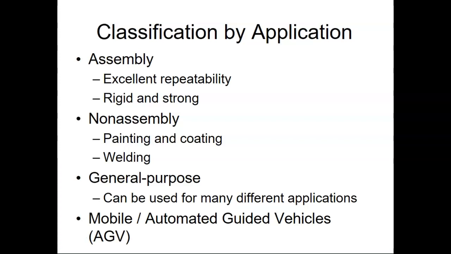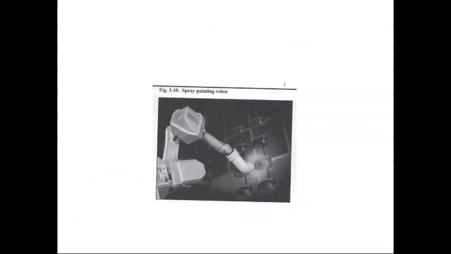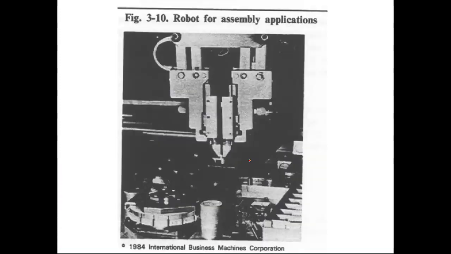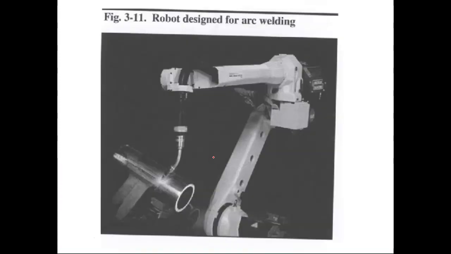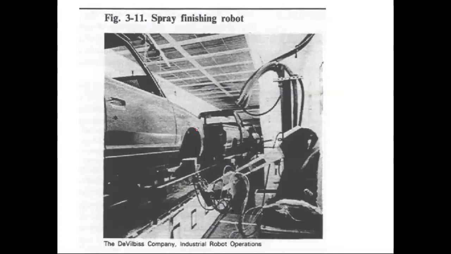So this guy's doing spray painting. Picture looks really cruddy. This guy's doing some assembly, welding, spray finishing. Oh, so you see these tracks up under the robot right here, up under the car right here? No, that's just how it looks with the picture. But these rails right here,